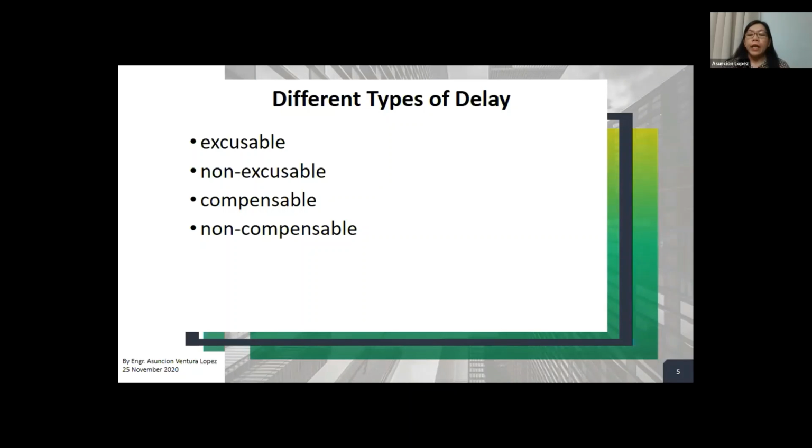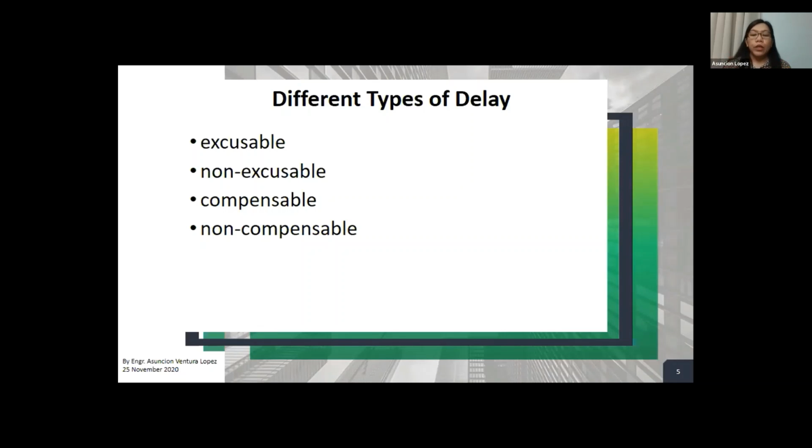In order for the delay to be excusable and compensable, the contractor has to prove some different items. For example, the delay is not attributable to the events within its control and is fully attributable to the employer or to other factors, as long as it is not attributable to him.